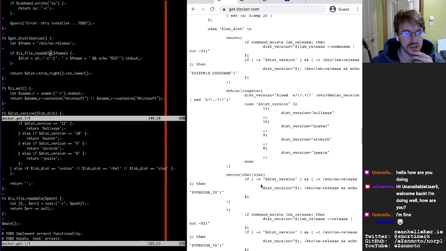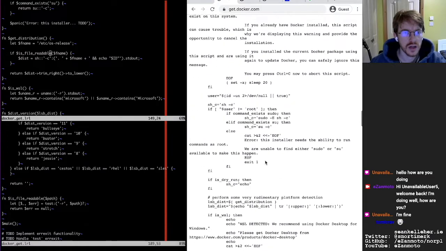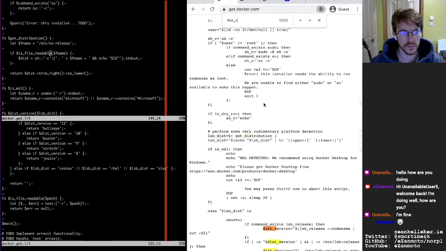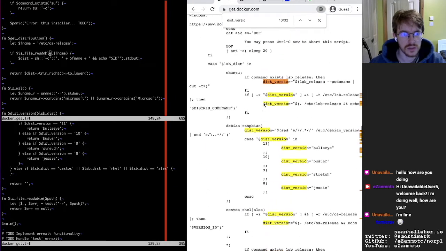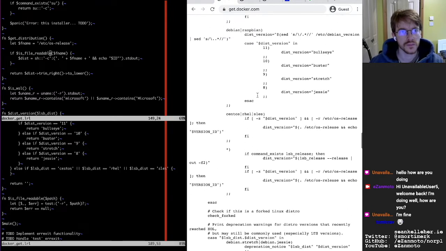So if distribution version isn't defined by this point, I'm not sure how dist version would have been defined by that point because all of these branches are mutually exclusive. So that might actually be, I wonder if that's a redundant operation. But